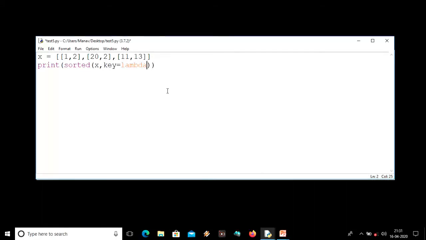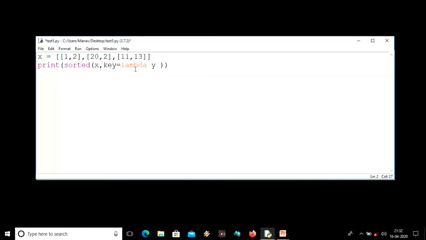Let us suppose we have 3 items, and under all the 3 items in x we have two more items in each particular item. Let us suppose it is the Y item, the Z item, another Z1 item. Let me call it Y.